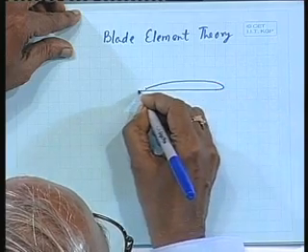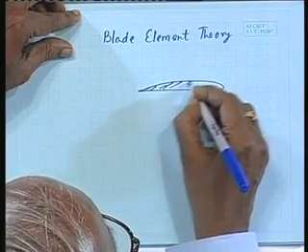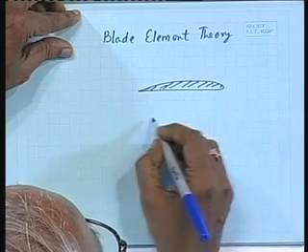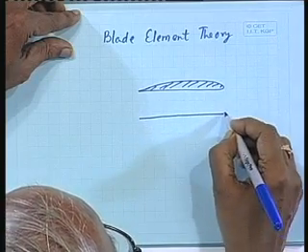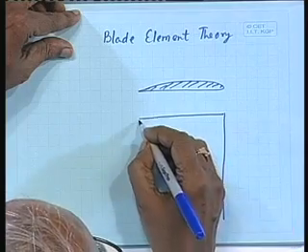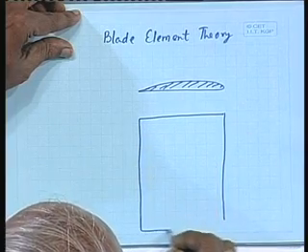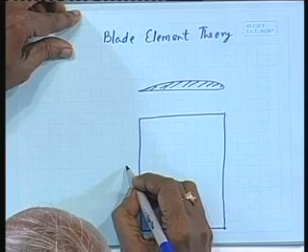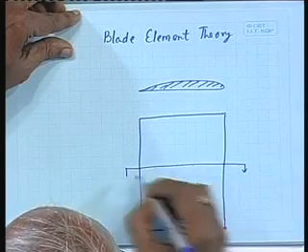This is an aerofoil section, and if the wing has a plan like this, the section of this being an aerofoil as shown above,